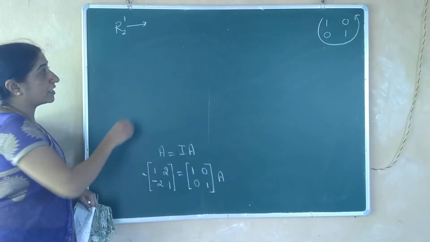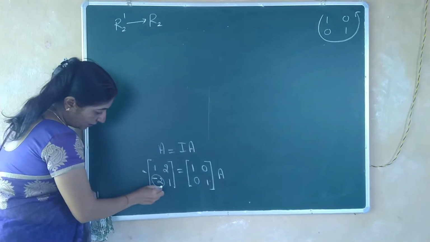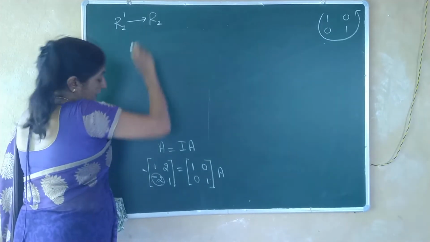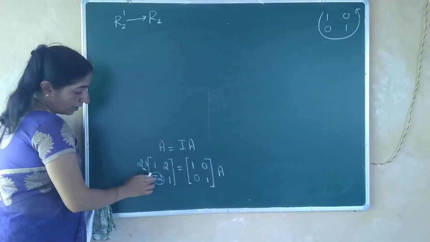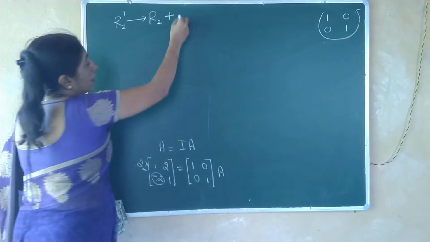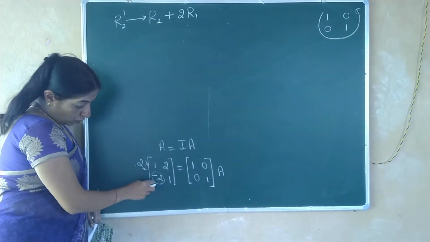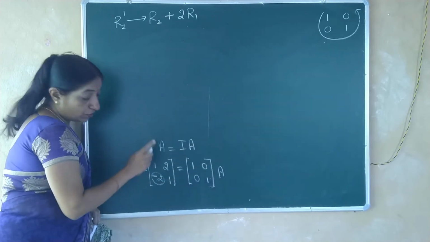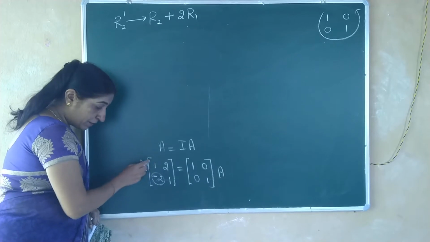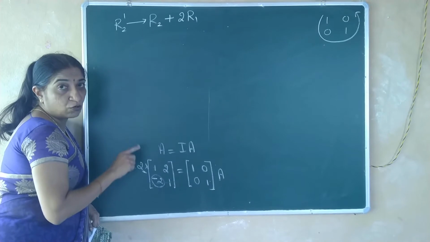So which row are you changing? First write down that R2. And which element is present here? See the number, not the sign. Which element is present? 2. So multiply this row with 2. And which sign do we have? Minus. Minus means go for plus. Plus 2 into R1. Again I am explaining, to make it a 0, first write down this second row, because minus 2 is present in the second row, and the same number multiply here above. If it is a minus, go for addition. If it is a plus, go for subtraction.